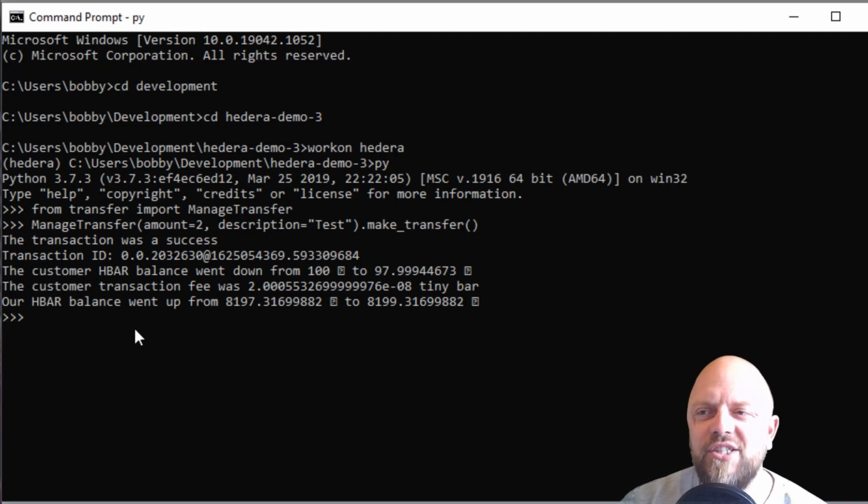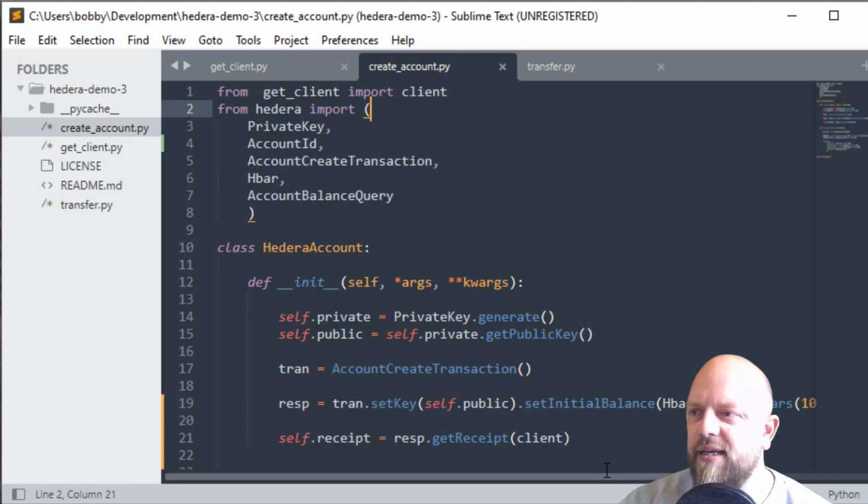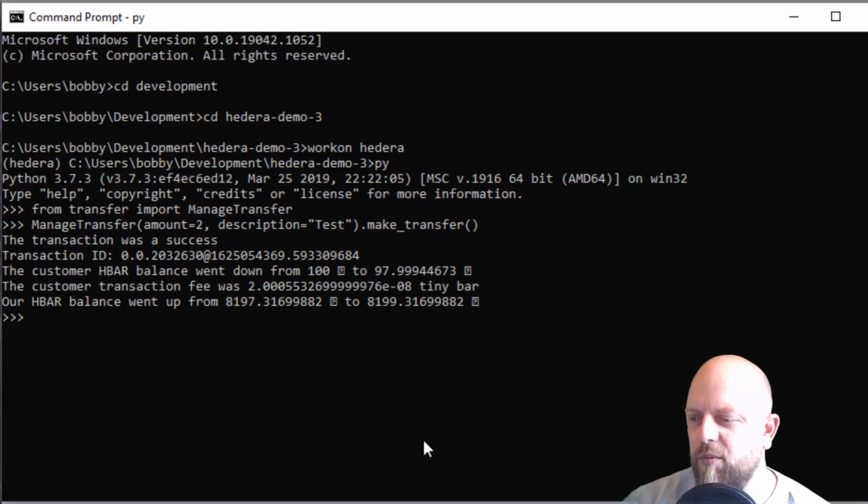So the transaction was a success. Transaction ID, gobbledygook, but that's the ID of the transaction. The customer Hbar balance went down from 100. Remember, we set it to what was it? 100 million. I forget what it was, but we passed through. Let's have a look. We passed through in the get accounts 10 billion. So 10 billion Hbars, like I said, it was 100 Hbar. So we would expect that. So the balance was 100 and it's now